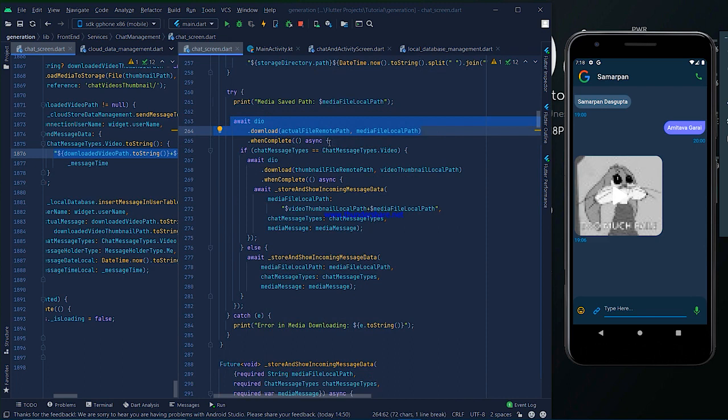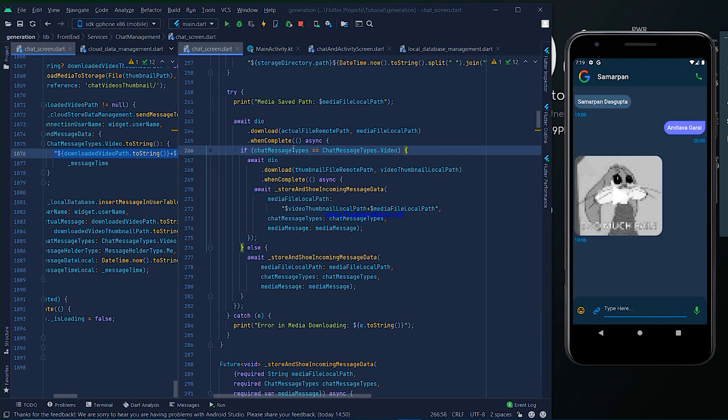That also remains from the previous video. In the when complete method, I changed something. Because in the download we use the actual file remote path in the video message, that is the real video file, not the thumbnail file. So we actually download the video file first. When the video file download is completely done, then we have to download the thumbnail file as well.